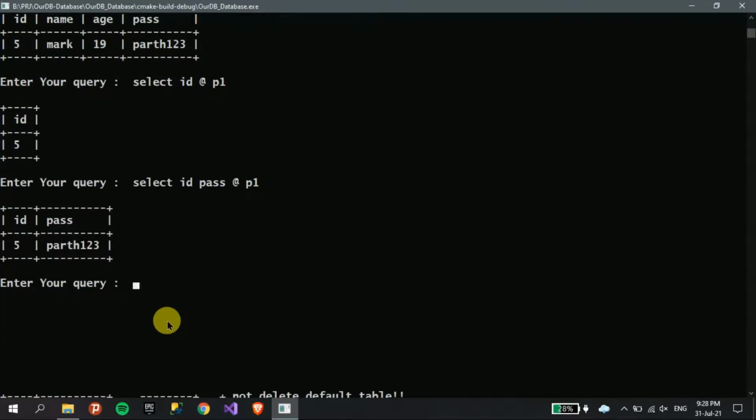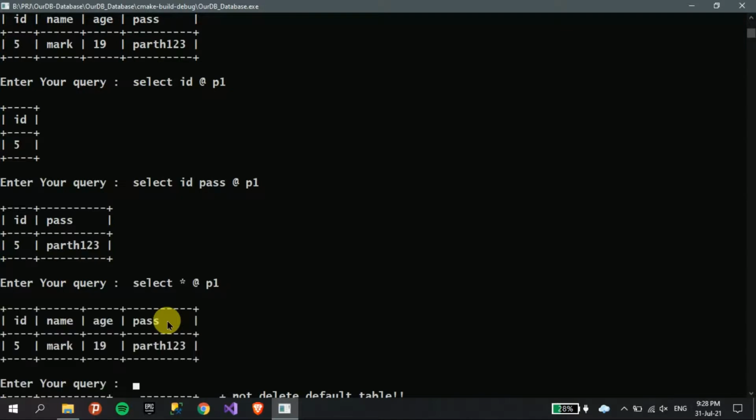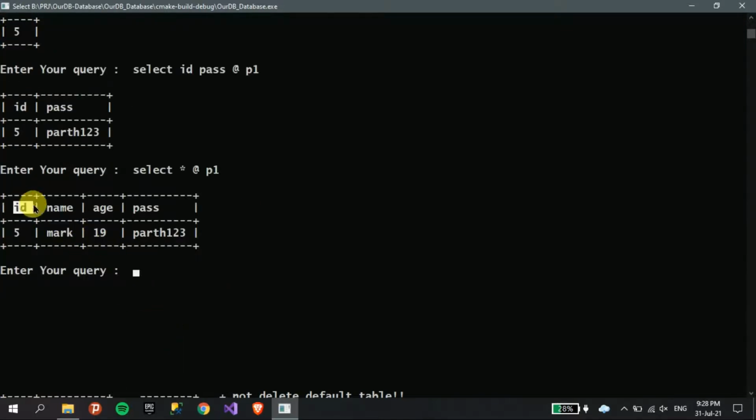Now if you want to delete a column, first of all let me show all, select star at the rate. Here are all the columns with the one record, so if I want to delete a particular column, delete col from table name at column name.